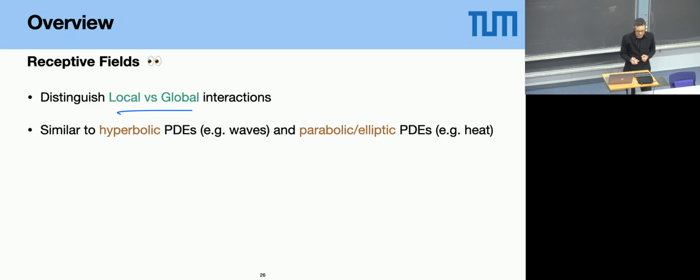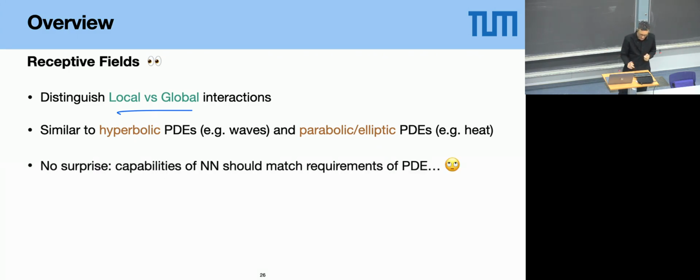And that actually changes, as you probably imagine, the kind of things we need to learn, right? If we have something that is very local, like these waves, our network should focus on these local effects. Whereas if we know that we need something like this global propagation of information, then our network should support this. Otherwise, it's in trouble. It's a very difficult task. So in a way, not too surprising, but the important reminder here is if we know about a physical model, how to set it up, these classical considerations actually do play a role for